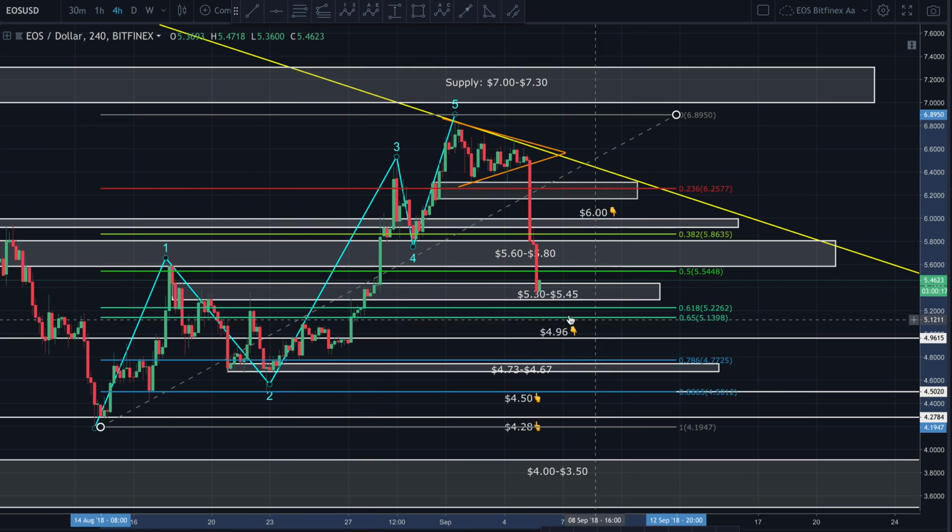What do we have? We can see the 618 fib, which is often where it retraced to, is sitting somewhere between 522 and 513. There's a little bit of structure in that area, so I can see some support sitting in there, guys, possibly supporting the theory of another wave down. If we do, I know EOS often does come down and hit the 786 fib. That 786 fib is coinciding very nicely with this 4.73 to 4.67 support zone,